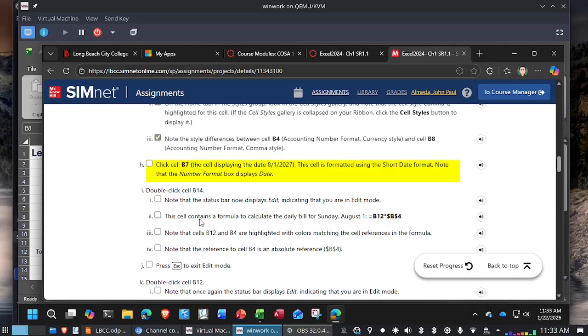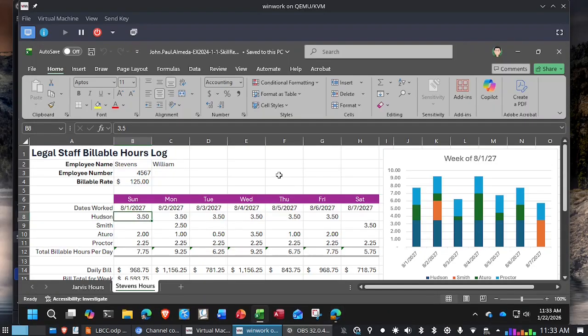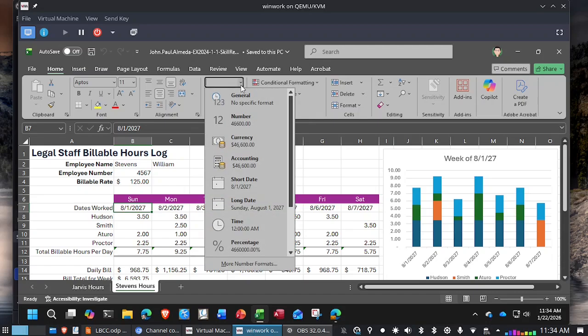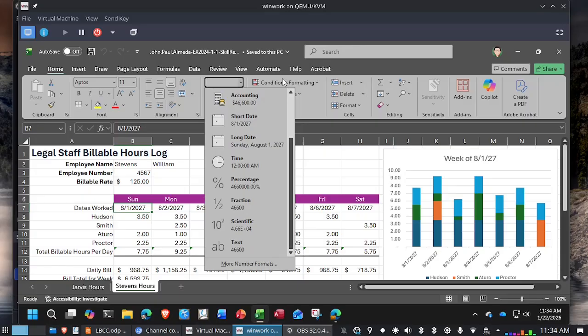Click cell B7, the cell displaying the date 8/1/2027. This cell is formatted using the short date format. Note that the number format box displays date. So let's look at B7 here. And again, you can see the date, and you'll notice that the number format box shows date. If you click the drop down, you'll see that you actually have short date and long date to choose from. Now we're going to double